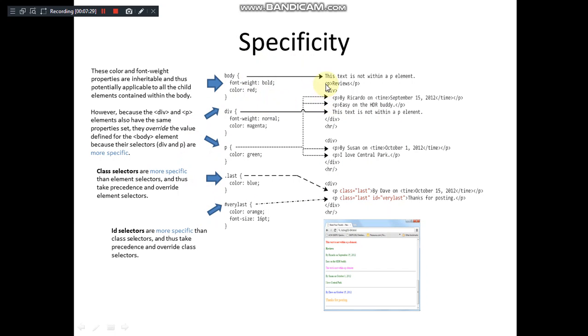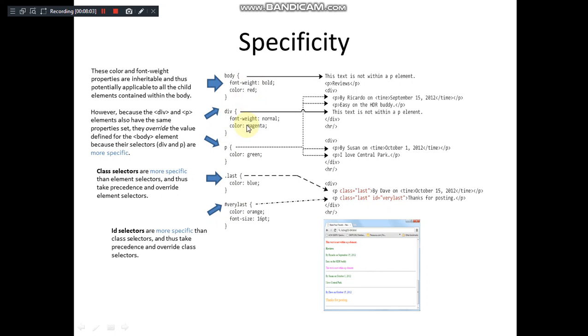So you have a body section. Under this we have paragraph, division, HR tag, and many other paragraphs. Certain paragraphs are specified with the class name also, right? And the CSS part of this is containing font weight and color specified for the body, and you know that font weight and color are inheritable to the child elements also. So when I plot a tree for this, division and paragraph are all descendants of body. So these two properties get inherited to these also, right?